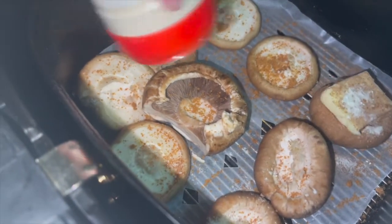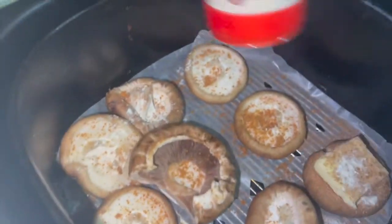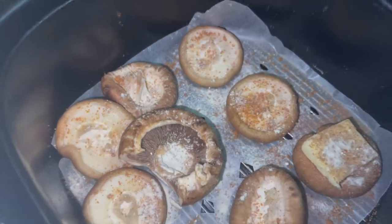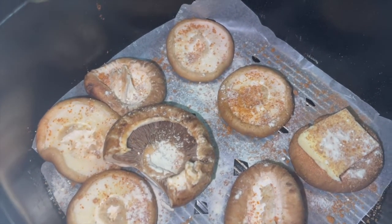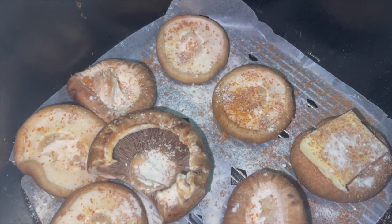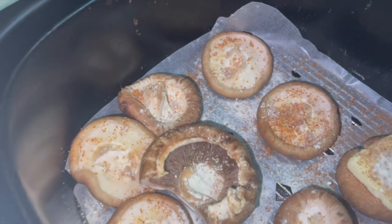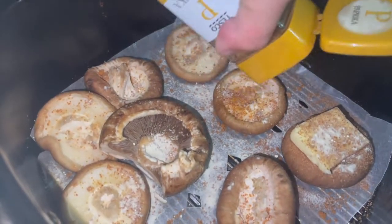Now we have to put garlic. In fact, monsters are scared of garlic. Which garlic doesn't smell good? It will make it taste like